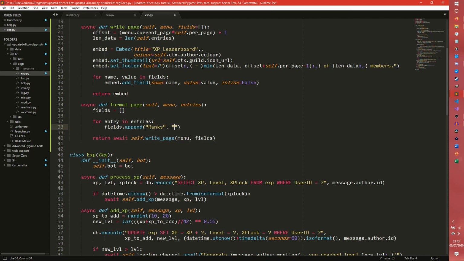And then we can have a join, so that dot join, and then we have an f-string here for the actual rank, the member name, I guess, xp equals this, and we'll have a pipe for now, level equals this, I suppose. We'll see how that looks. That might look terrible, but so for index, entry in enumerate entries,